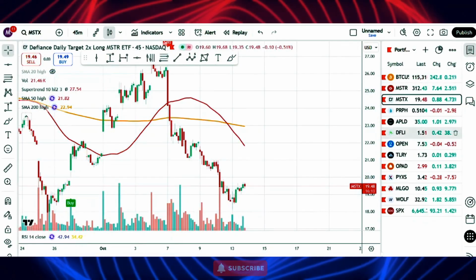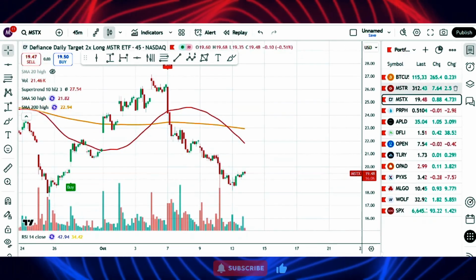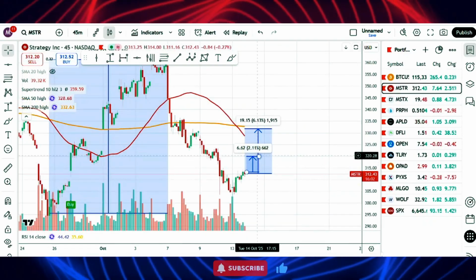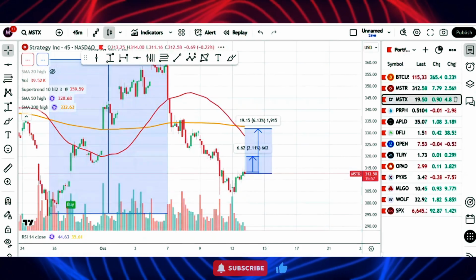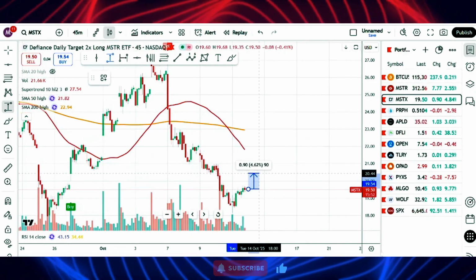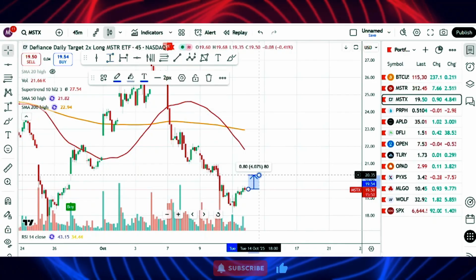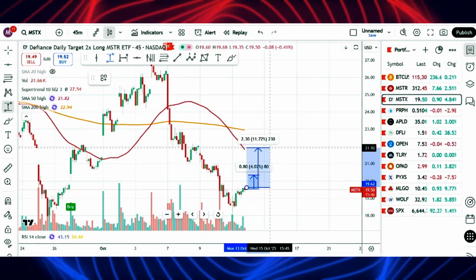So from here, this is where we're going to try to determine exactly what options to potentially buy. For 2%, it would be 4% on MSTX, and for 6%, it would be 12% on MSTX. So let's get those levels. From here, a conservative play would be like 4% right here, and a risky trade would be around 12%,